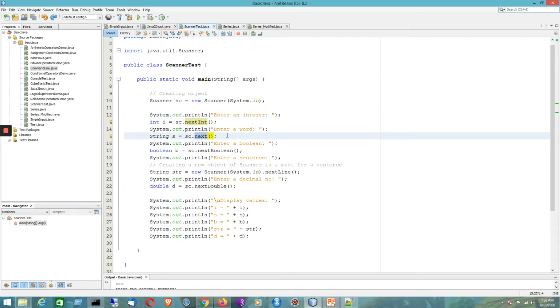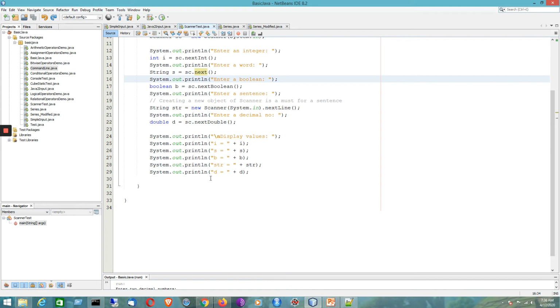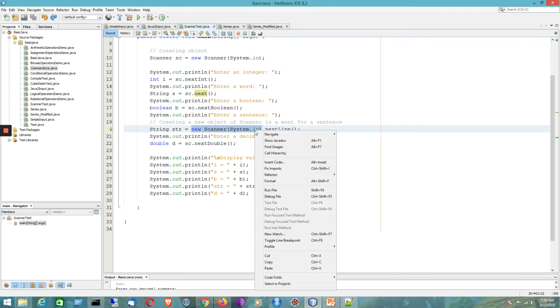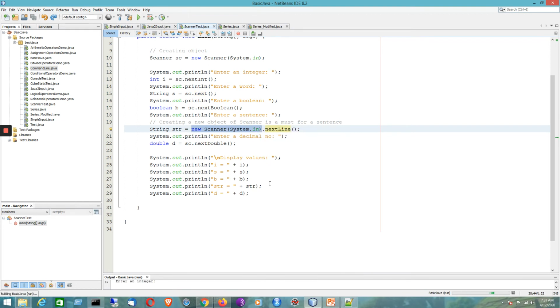Next is basically a word without a space in between, or we can have a boolean by using the nextBoolean method. Now we can have a sentence, that means words separated by space. Here first I will be using the old object, that is sc, instead of using a new one.